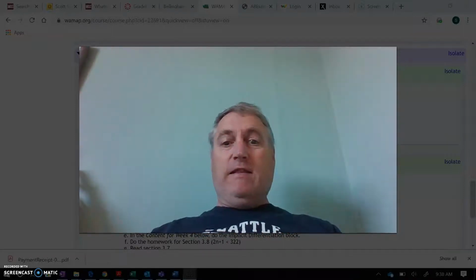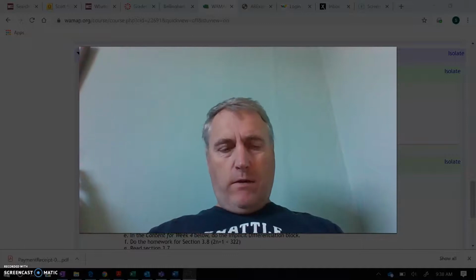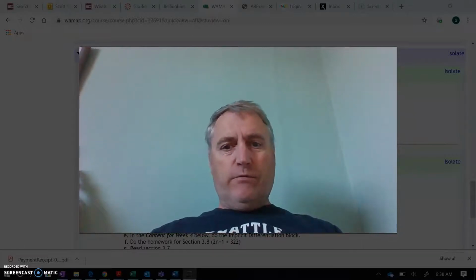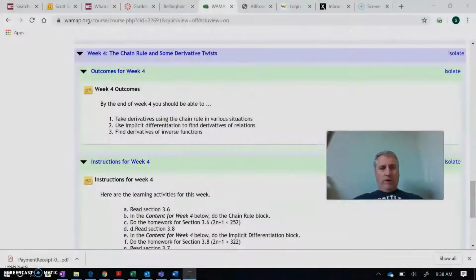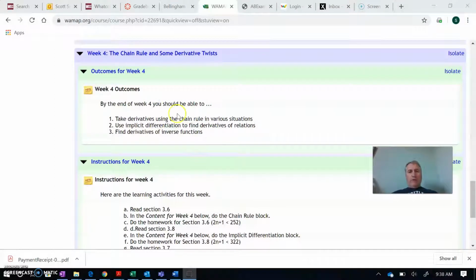Getting into the deepness of stuff. So you guys learned some derivative skills, and this week we're going to actually be week 4. Really, this chain rule is the most important thing that you've got to pay attention to, because the chain rule is something that always applies, no matter what rule you're doing, whether it's a trig rule or a power rule or any kind of rule. You always got to think about the chain rule, and that's going to happen this week.